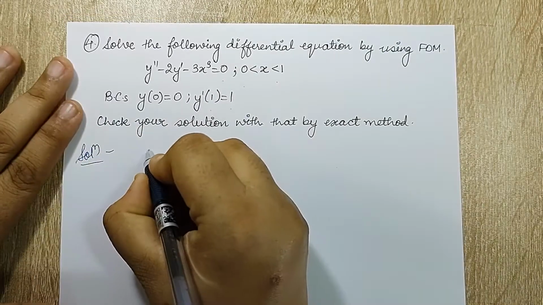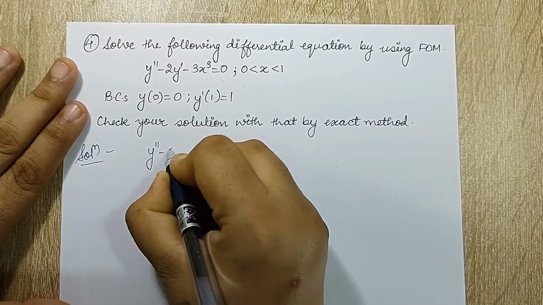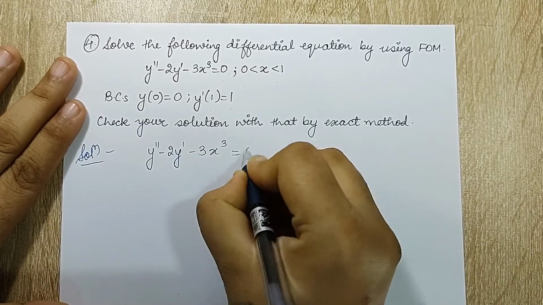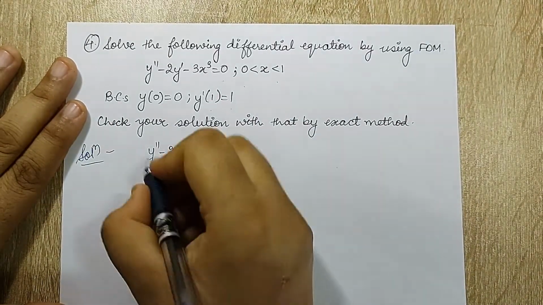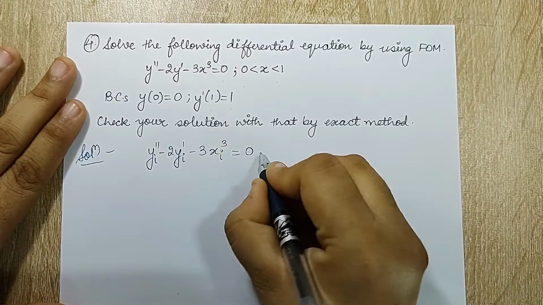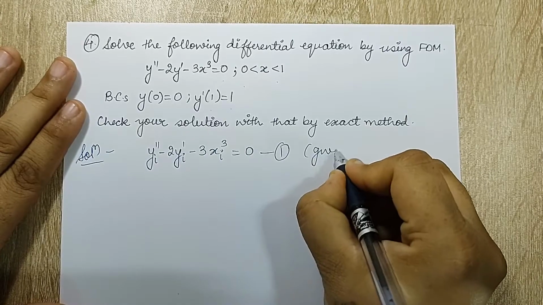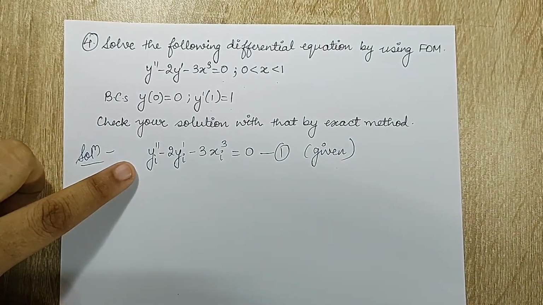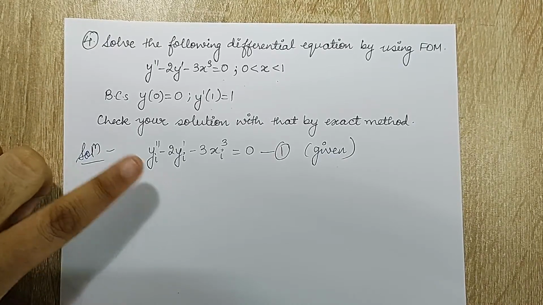I'll start. I have y double dash minus 2y dash minus 3x cube is equal to 0. This is the equation given to me. Now in this I'll add i. I'll mark this as equation 1. This is given. Now if you look carefully, here yi double dash and yi dash, both formulas are required by